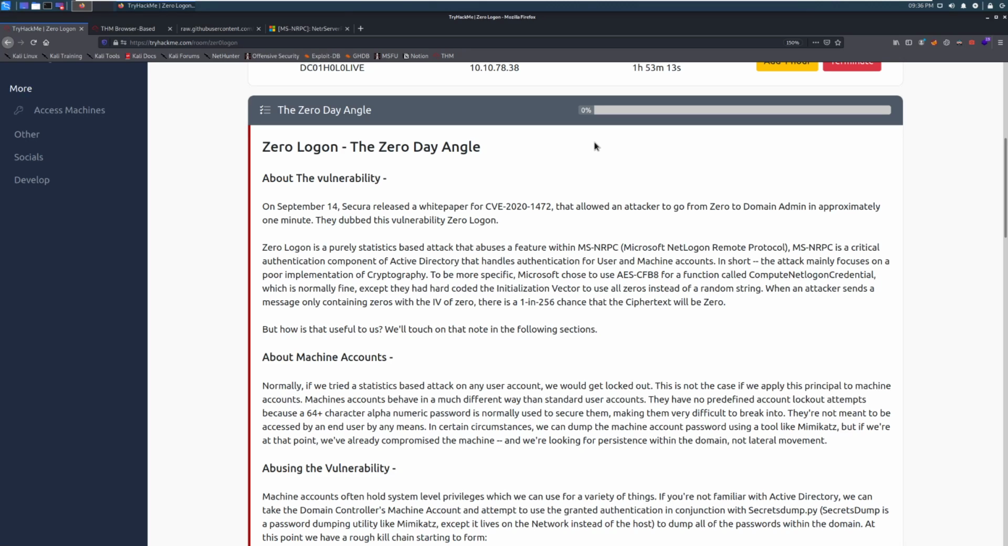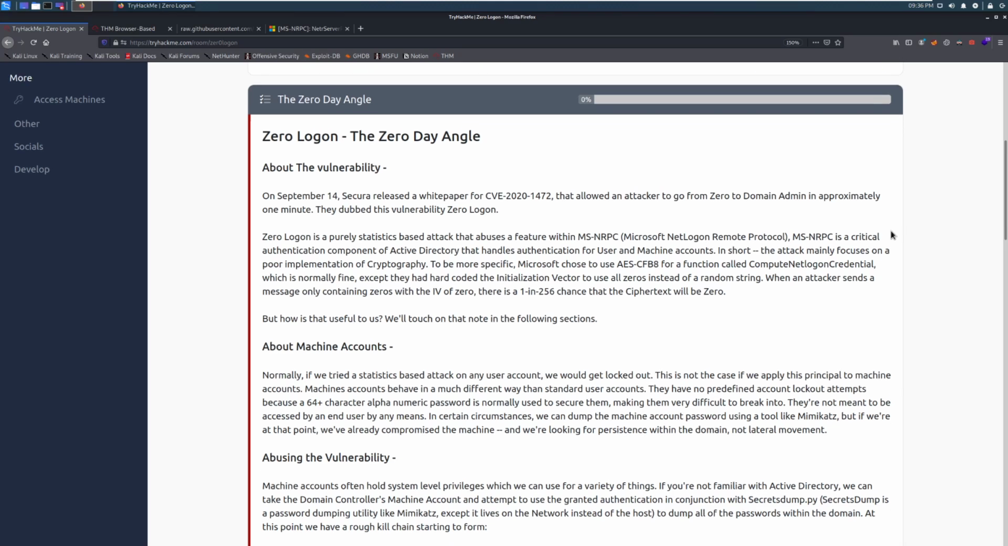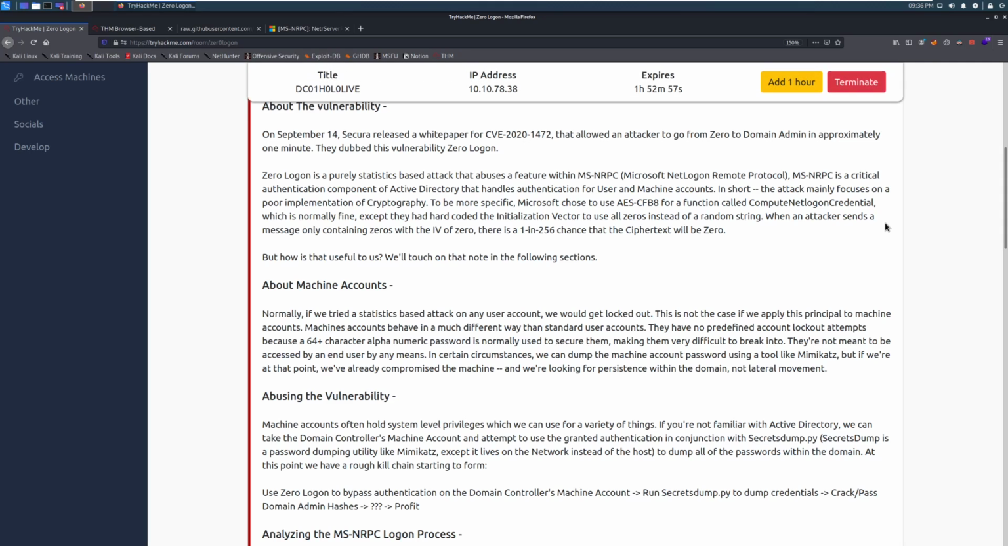About the vulnerability. On September 14th, 2020, Secura released a white paper for CVE-2020-1472 that allowed an attacker to go from 0 to domain admin in approximately 1 minute. They dubbed this vulnerability Zero Logon. Zero Logon is a purely statistics-based attack that abuses a feature within